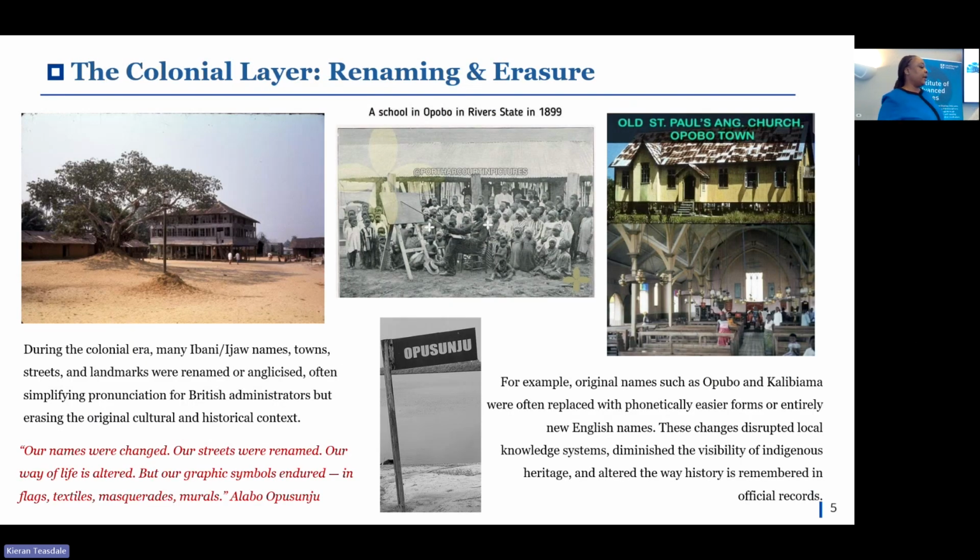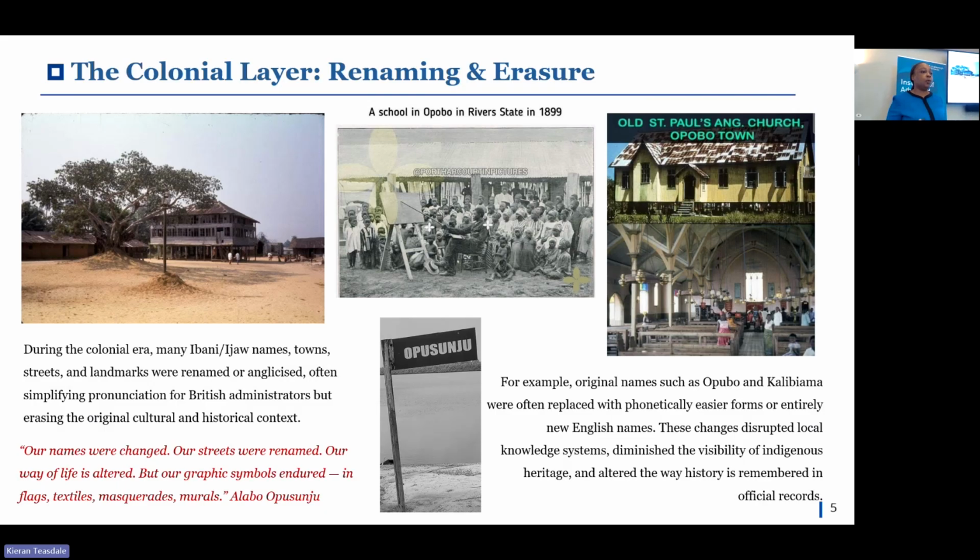So during the colonial era, indigenous names, if you can recall, I called him Juboga. He also had an Igbo name because he migrated from Igbo land. He was a slave and was moved to Bonny. So his Igbo name is Juboga, but it was translated to become Jaja, right? So his name, that is the founding father of Opobo, the names of the towns, many streets, and landmarks across the region